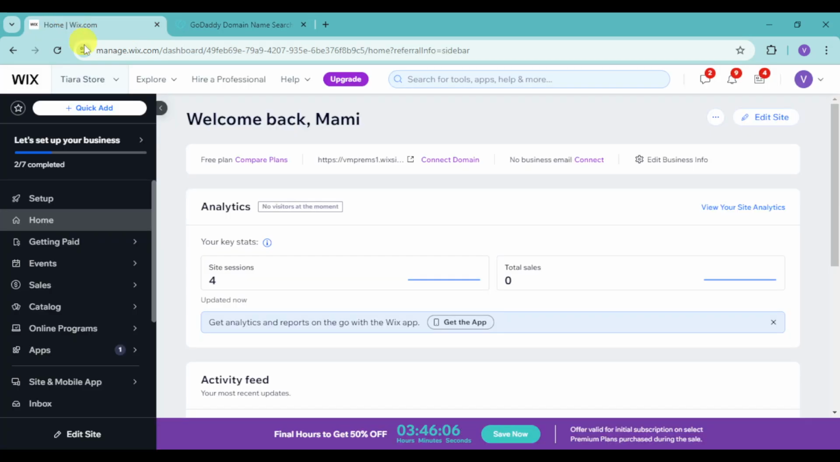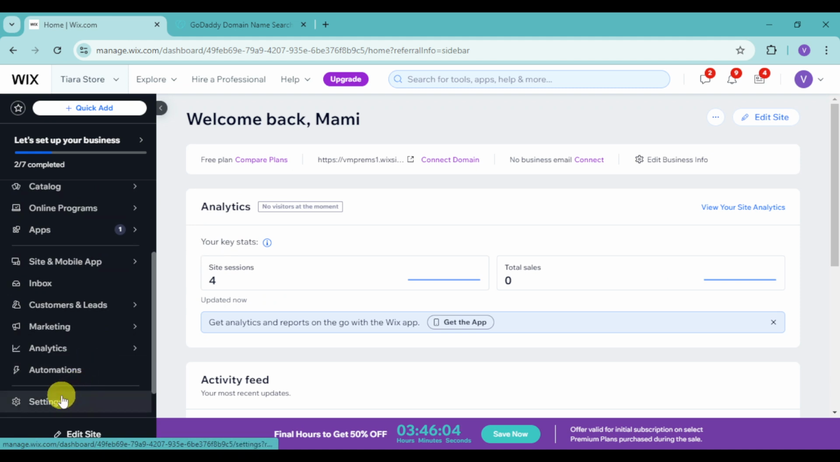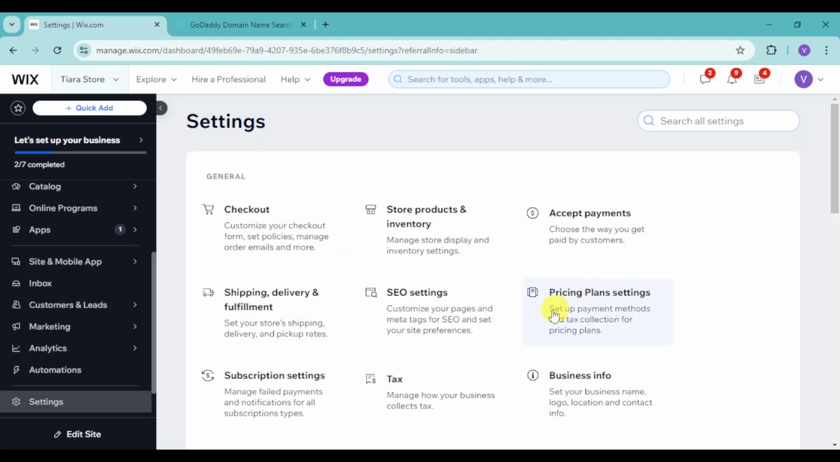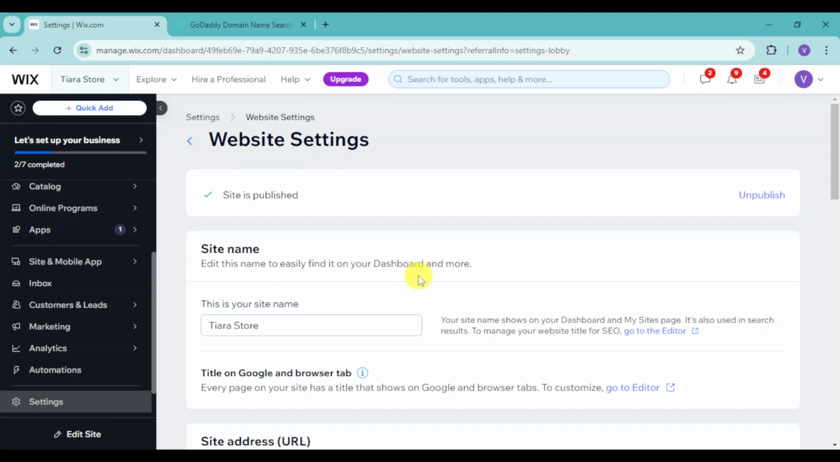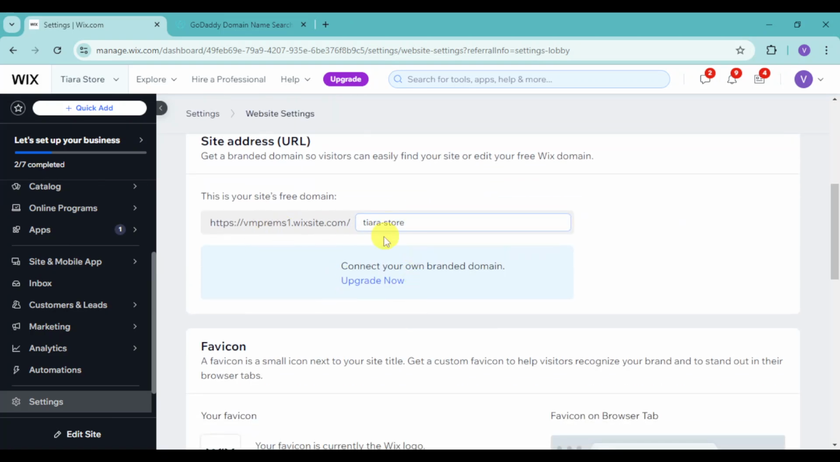So head over right here to your Wix and then scroll down until you can see this option called settings. Now from in there, you can see some more settings. So scroll down right here, click on this website settings option, and then just scroll down and we have in here our domain. So you can actually connect your own branded domain, but it requires an upgrade from your current Wix